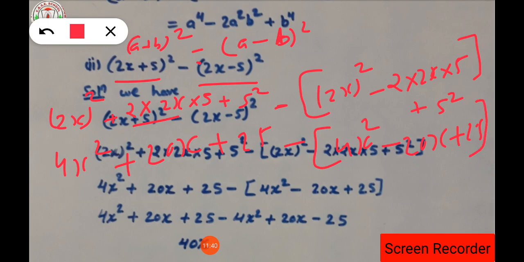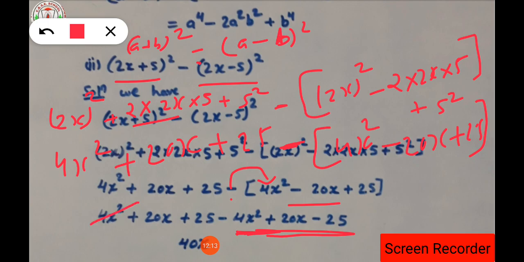Now when you are going to open the bracket, this minus sign is going to multiply, isn't it? So when the sign multiplies, this term will become multiplied. So 4x is a positive number, when multiplied with the minus sign it will become minus, isn't it? Here minus 20x is there, when this minus gets inside it will become minus minus, plus sign will become. So minus 4x square plus 20x plus minus 25, the number sign is going to be changed.